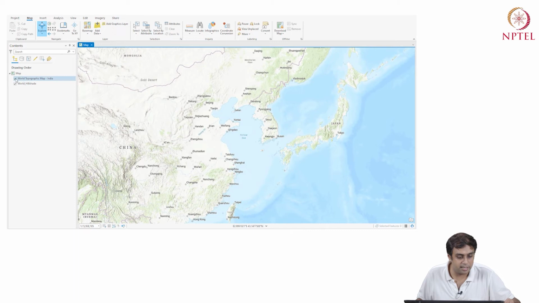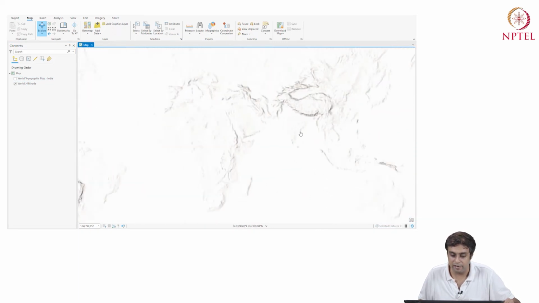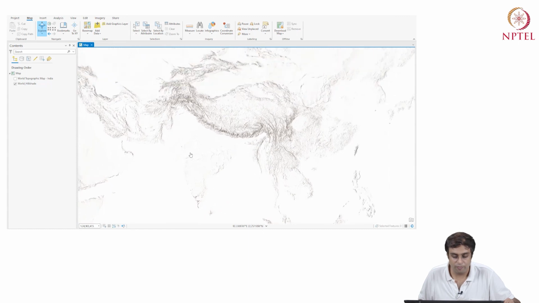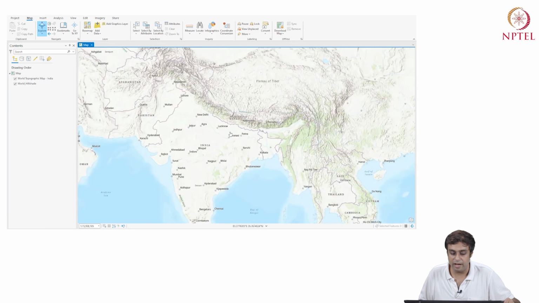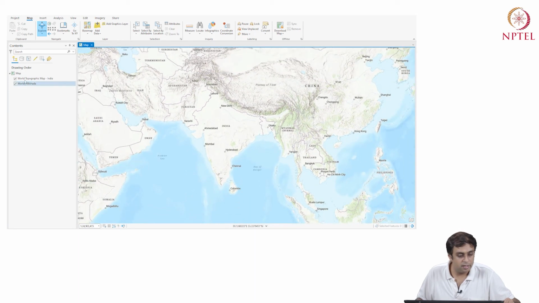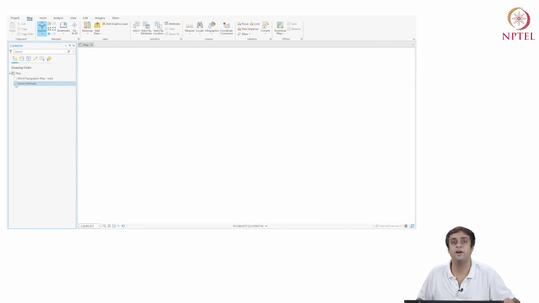Right. So this layer called World Topographic Map is an inbuilt layer that comes with ArcGIS Pro, right? And it gives me a starting point in terms of where I am on the map. Okay. What is the second layer? The second layer is called World Hillshade. If I remove it, I have a completely blank screen.